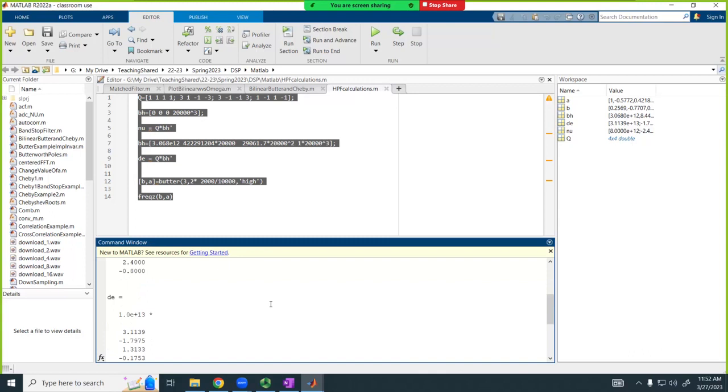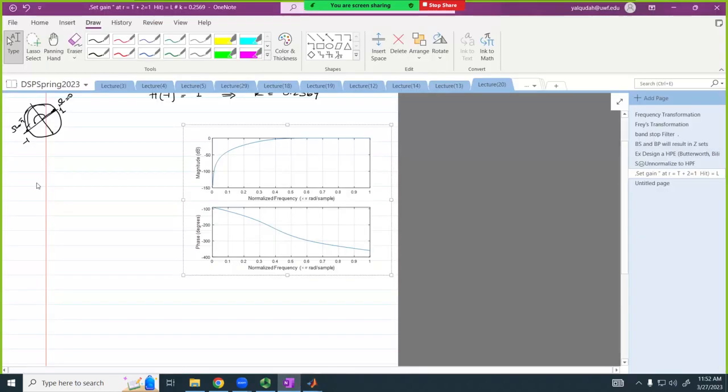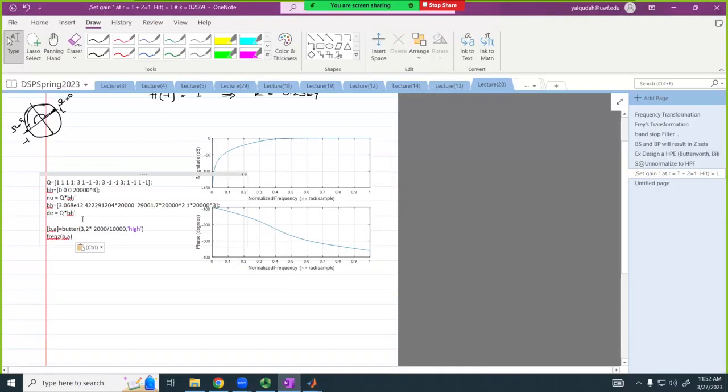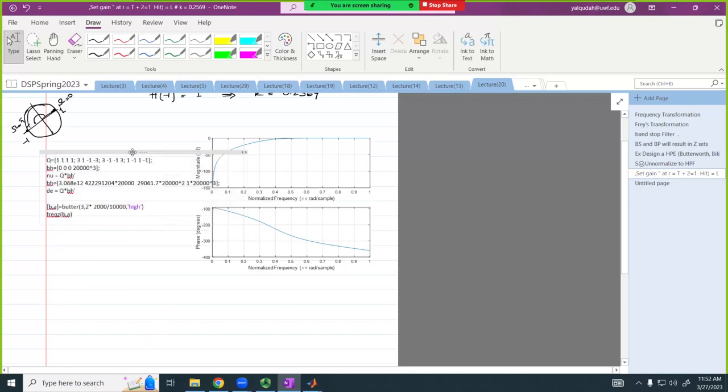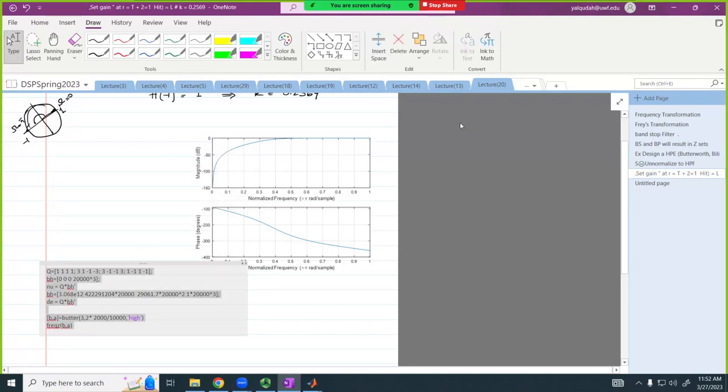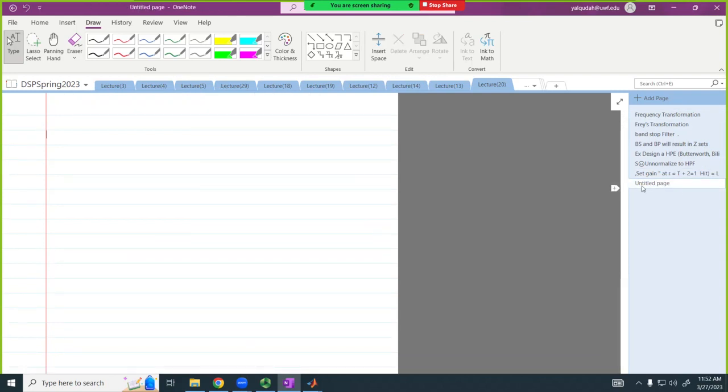Okay, so these are the numerator, denominator calculations. Okay, so let's do another example. And what we're going to design